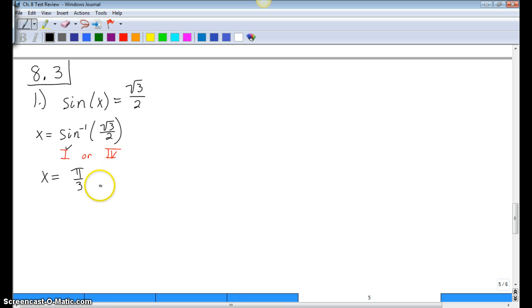I would leave this in radian mode. I'm going to just finish this out in radian mode. Just so you know, that is 60 degrees. Okay, and let's see then. So here's our unit circle. Here's 0 degrees, here's